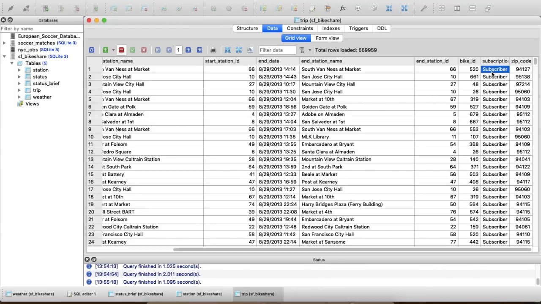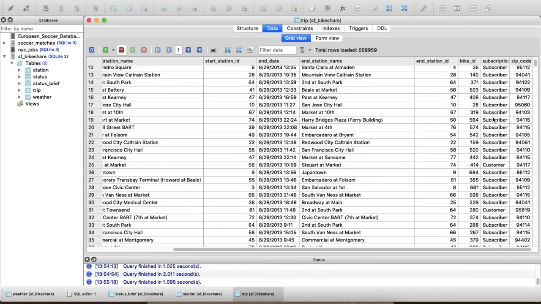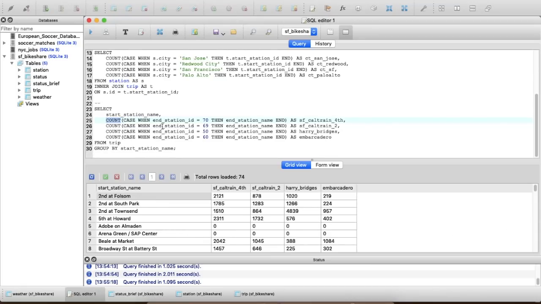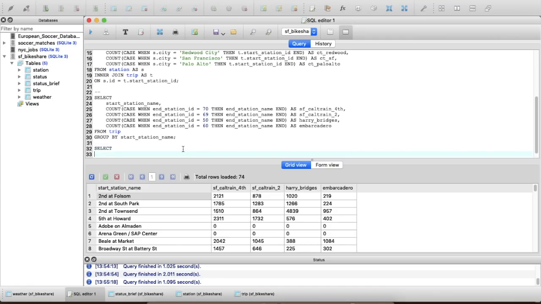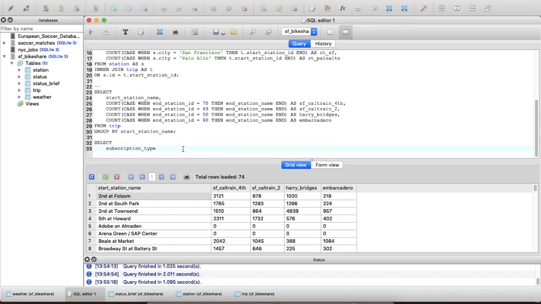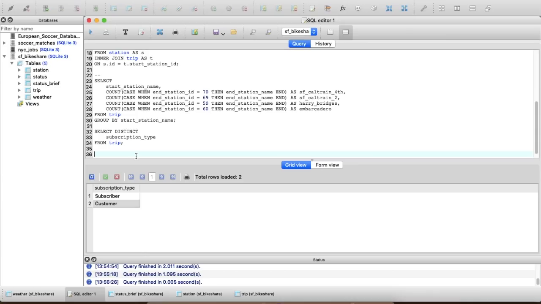You can see how many subscribers there were. So let's actually go with the subscriber column. So subscription type tells us whether or not someone's a consumer or someone who pays for an actual subscription on this trip. And let's select distinct to see what's available to us. So either you're a subscriber or a consumer. So let's start again and look at